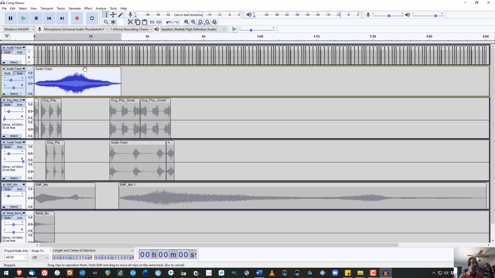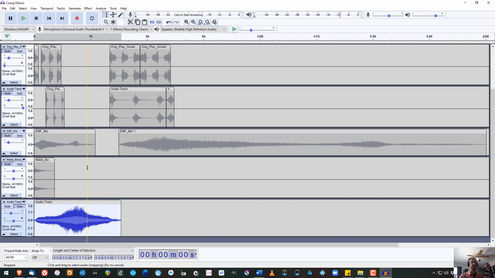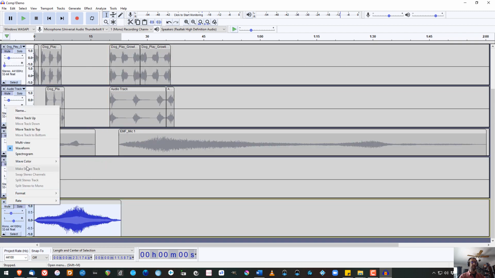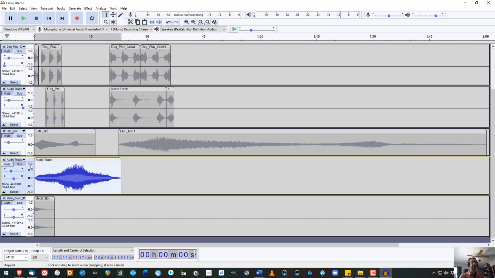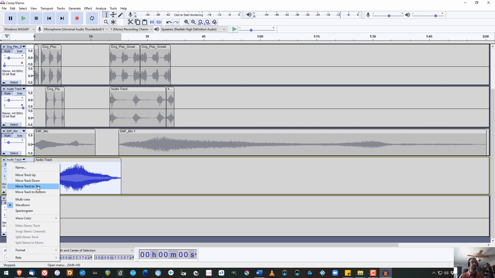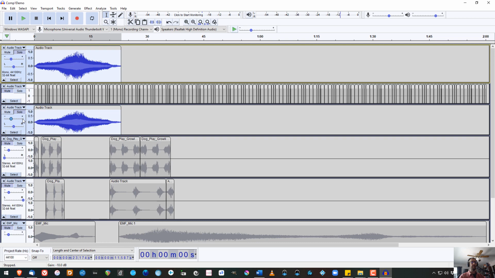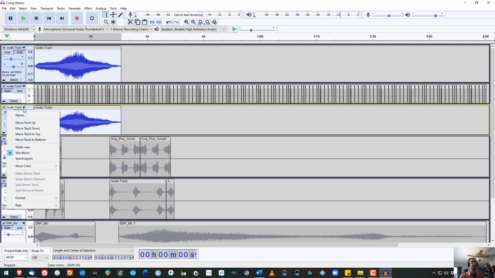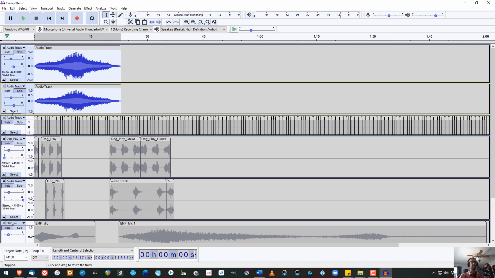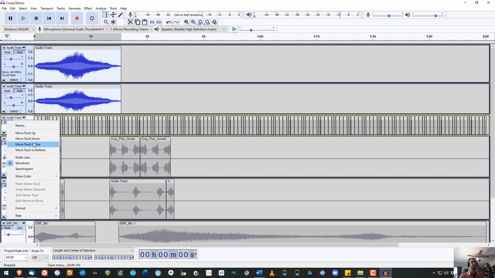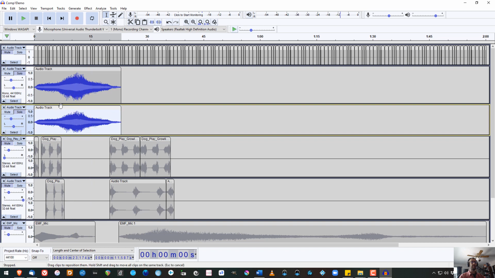Oh, that sounds cool. Now here's where duplicating a track can help. So I just duplicated it. I'm going to have to move it up a little bit. Move it to the top. All right. Then I'm going to move it up one more time. Actually, I'll move this one back to the top. There we go. Okay. So I've got the 2 copies. So now what I'm going to do